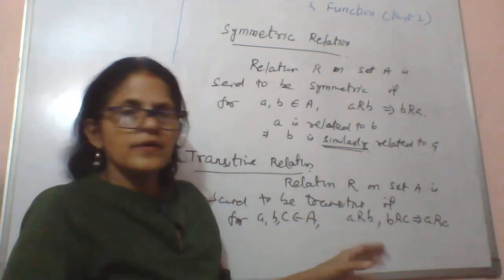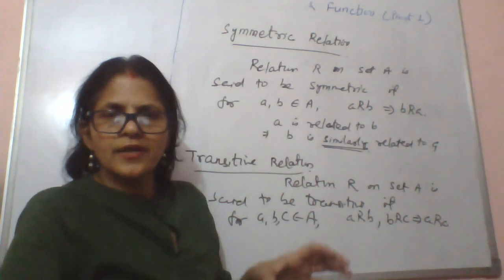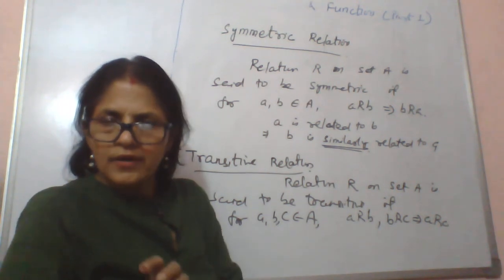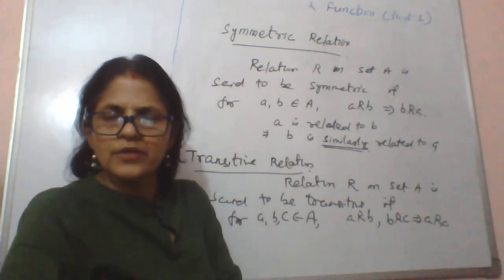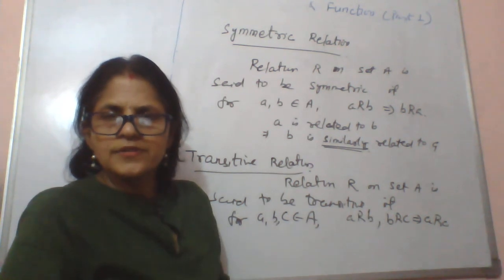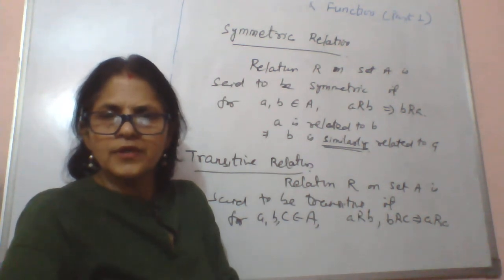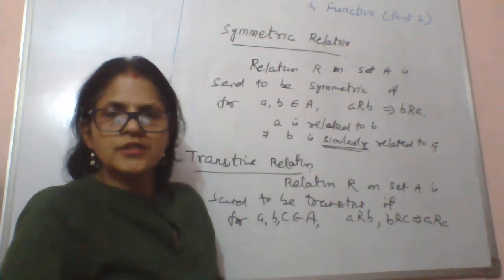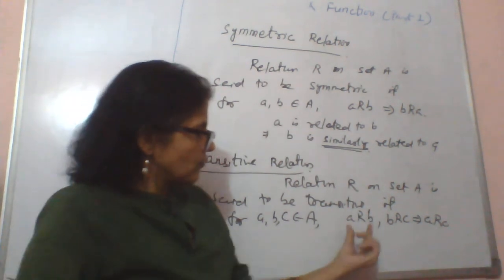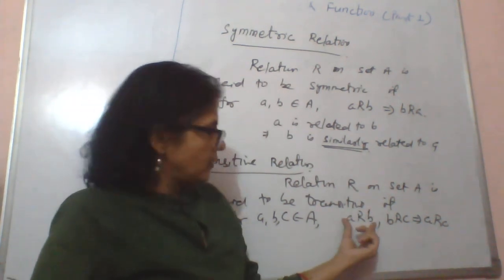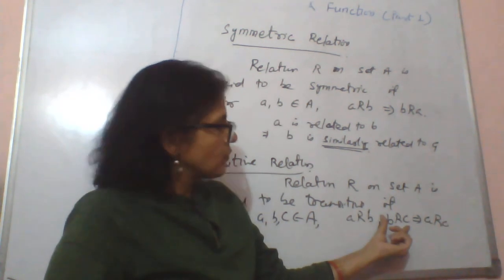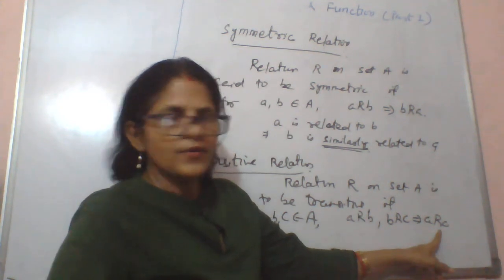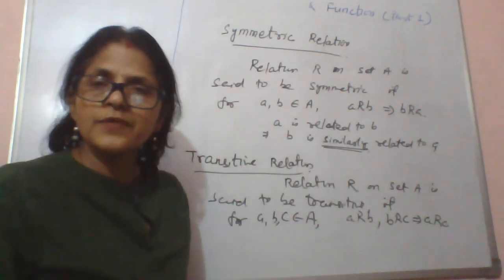And also, if you take three triangles, triangle ABC congruent to triangle DEF, DEF congruent to triangle PQR, so triangle ABC is congruent to triangle PQR. So congruent to is also a transitive relation. Here what we need to see is, we consider A related to B, B related to C, then we prove A is similarly related to C. Okay, so this is all about types of relations.